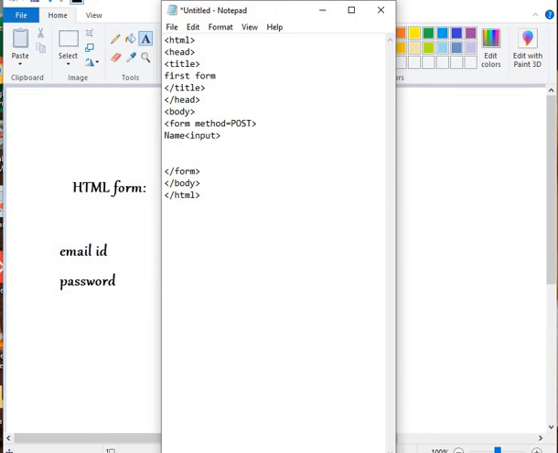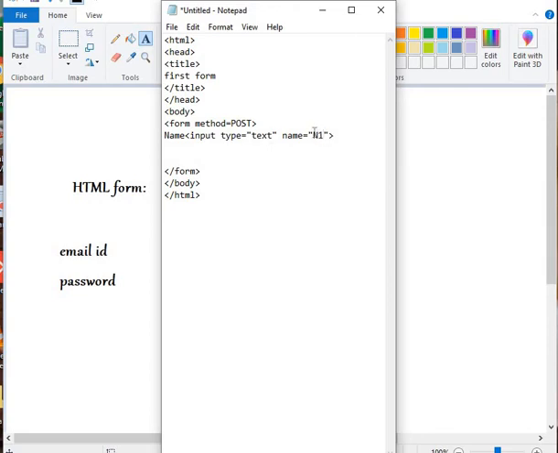So I'll write name, and obviously because I want that, now this is text, it will be printed as such on the screen. Then I'm using the input tag, and for the input tag I need to use the attribute type. So what is the type of name? It's going to be normal text. The user will fill this text, and then you can provide some name to it. So let's say I want to provide it name and 1.